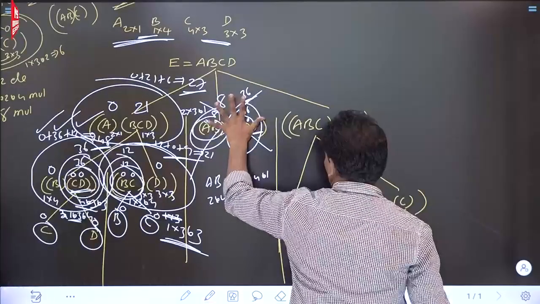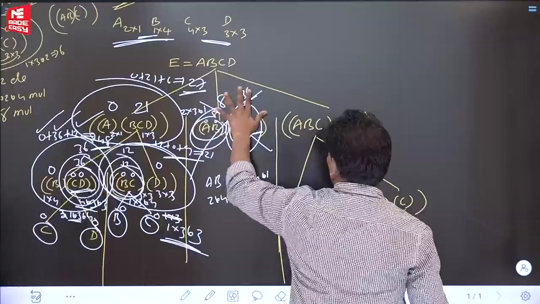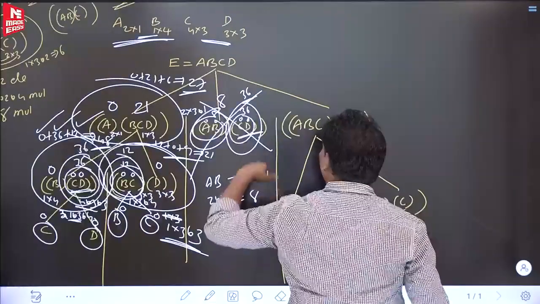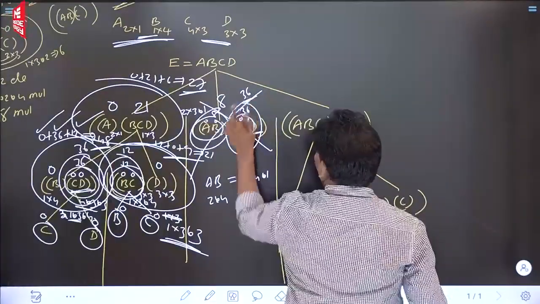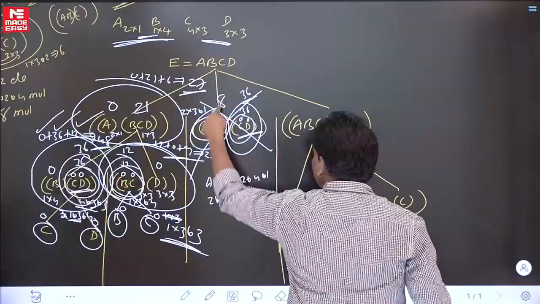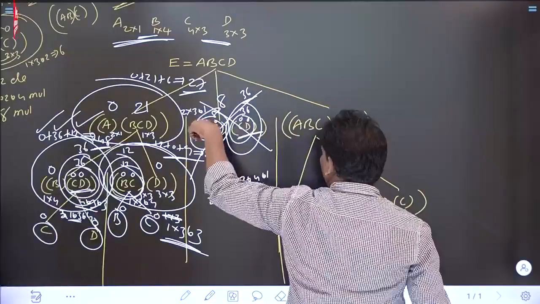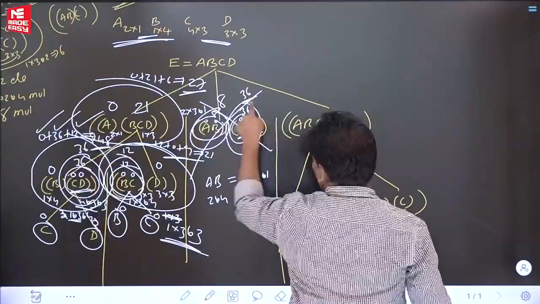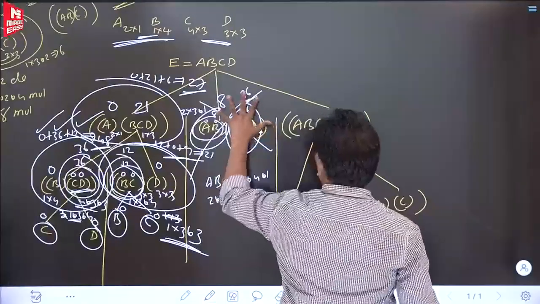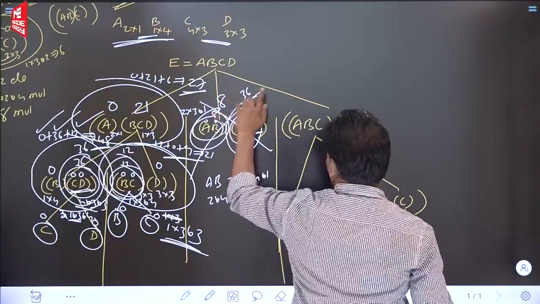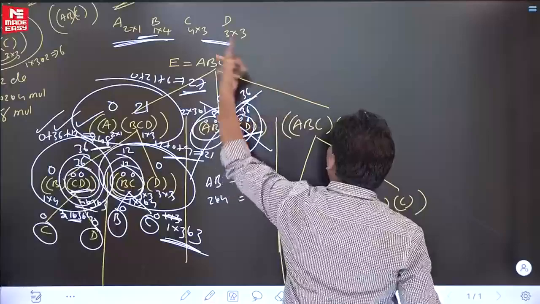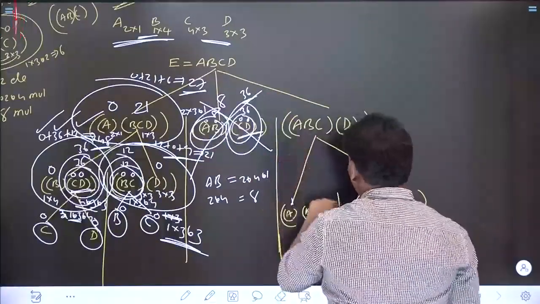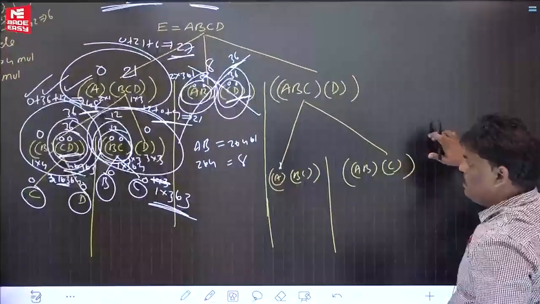When you know that it is giving more than 27, don't do it. Actually, I wanted to complete the total, but I got to know CD itself is 36. Unnecessarily I did some work here. CD itself is 36 but the overall is 27, so there is no need of doing this. Stop it. Let's come to this path.